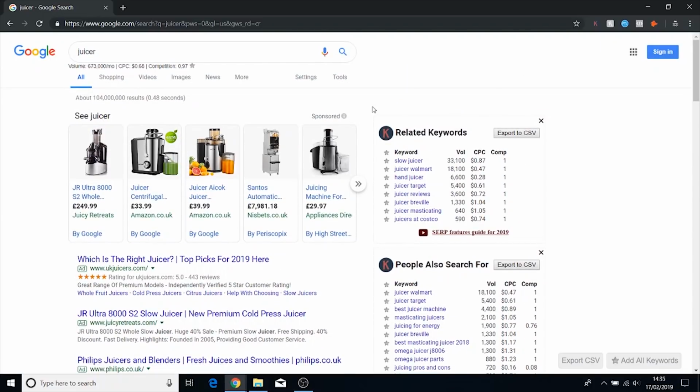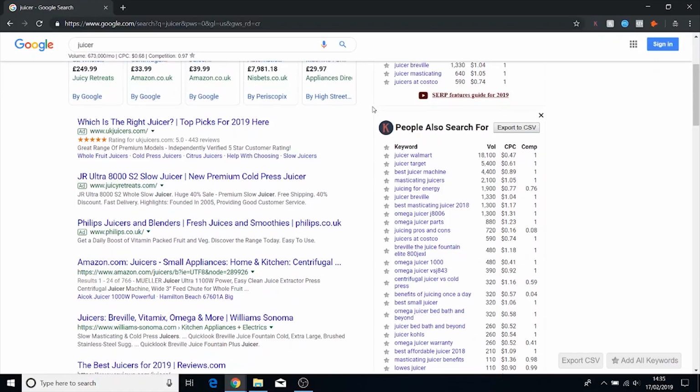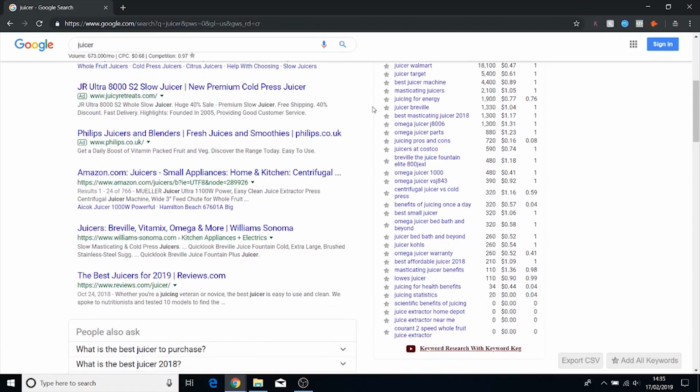So we're going to be taking a look at some of these websites, because every single website on here has already done the work for you. The keyword research has already been done. You just have to see what your competitors have done. Your competitors have done all the work already. You don't need to do any extra work. So how do we do this? We're going to take the first website,